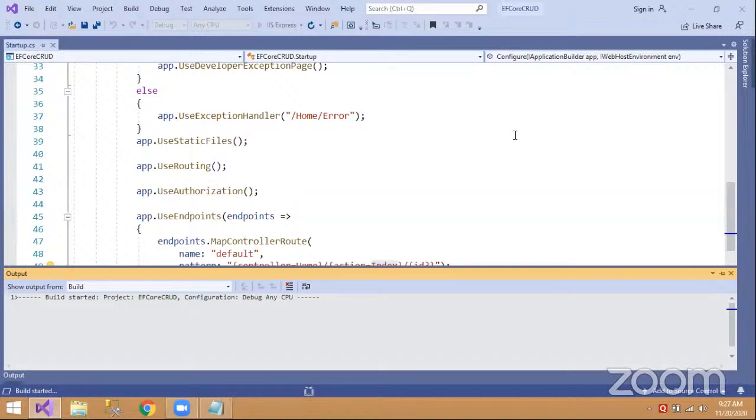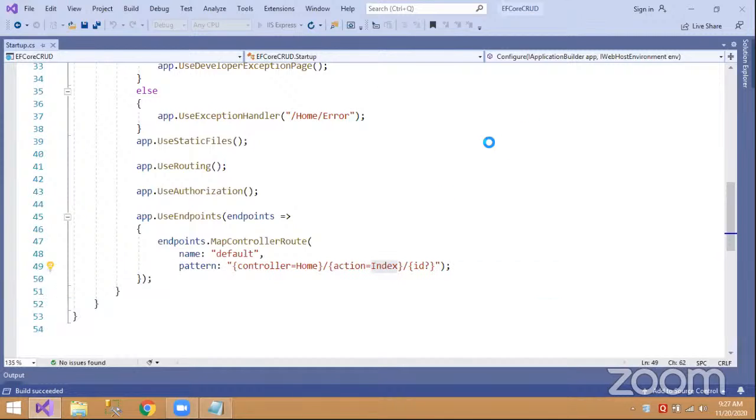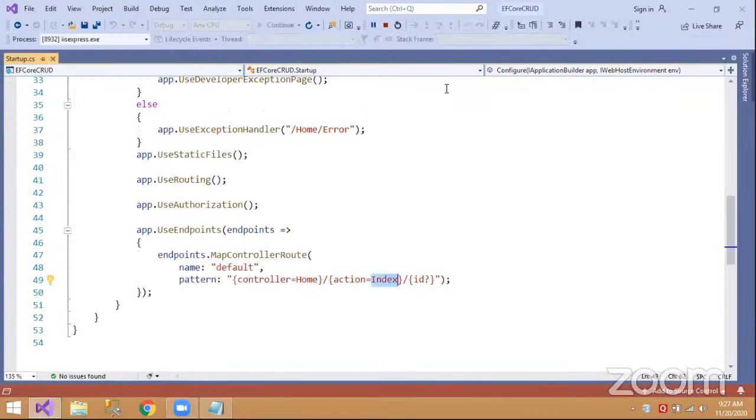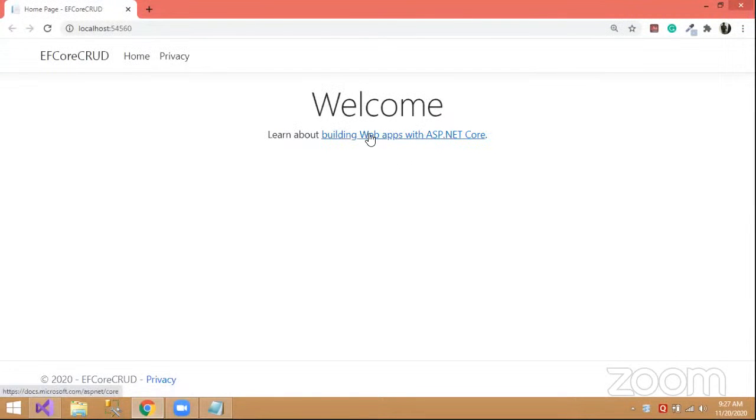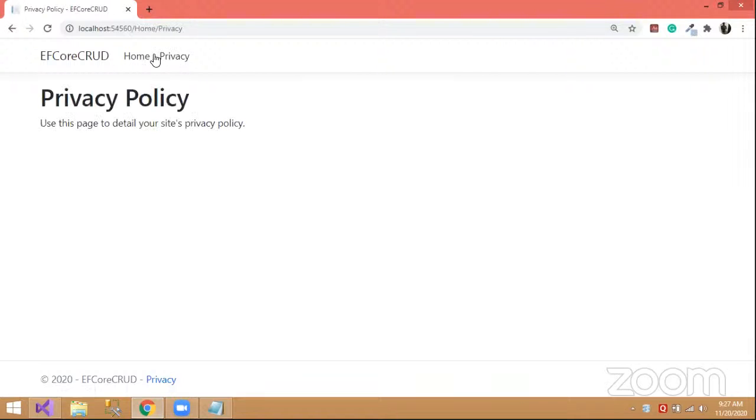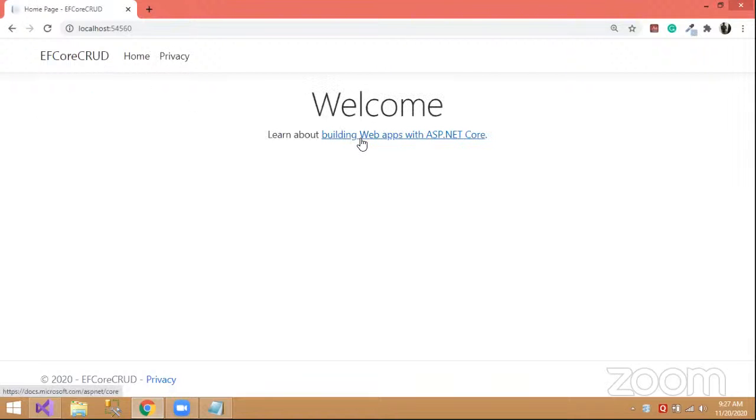Let me build the solution. We'll get the default page, or the startup page, by default. Now let's execute the application. We'll get the startup page. I'm not writing anything, it comes with a default home page. We'll see the default home page right now after executing. You see. Right, so this is the default page that we're having: home and privacy, entity framework, CRUD, building apps